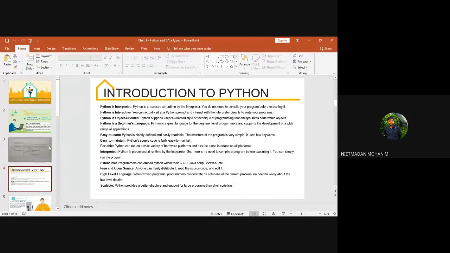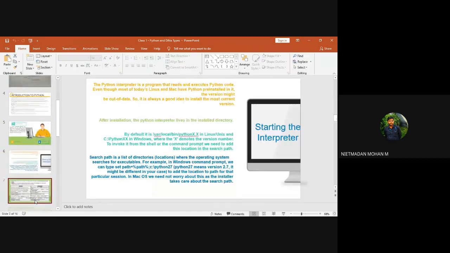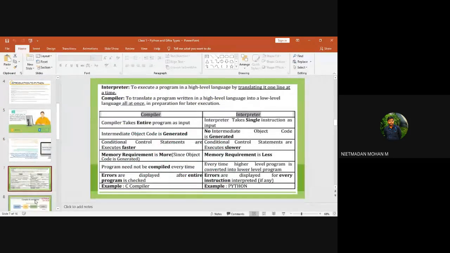If you are a computer science student, then you will definitely have heard the word JavaScript. When you are working on designing a web page or application, JavaScript plays a major role, and in relation to that, you also use the Python language in scripting. So this is the major introduction about Python before going to the second unit. And now coming to the interpreter and compiler.